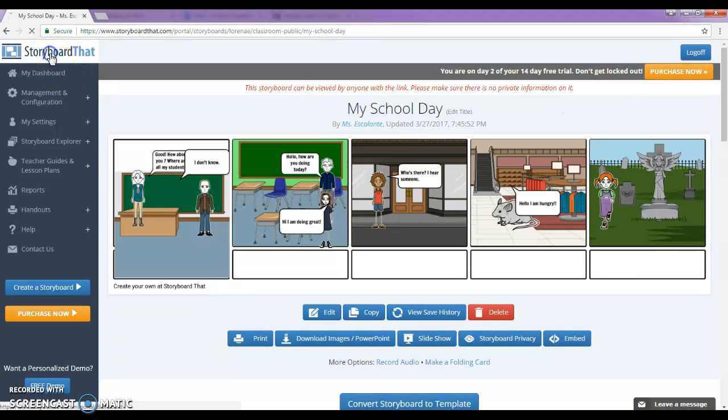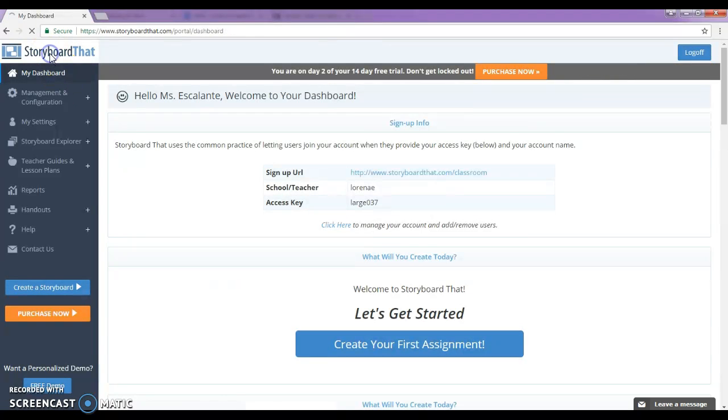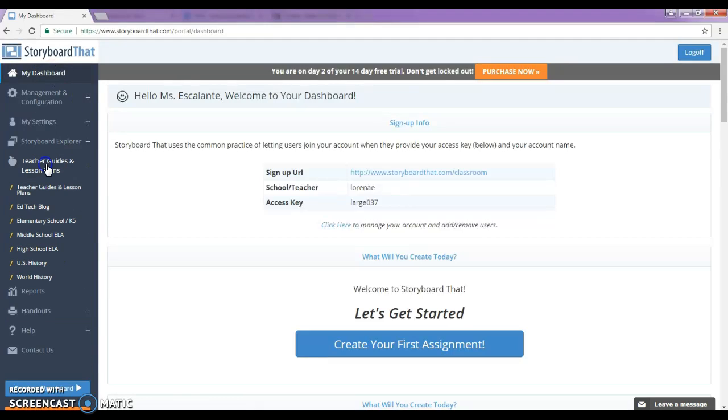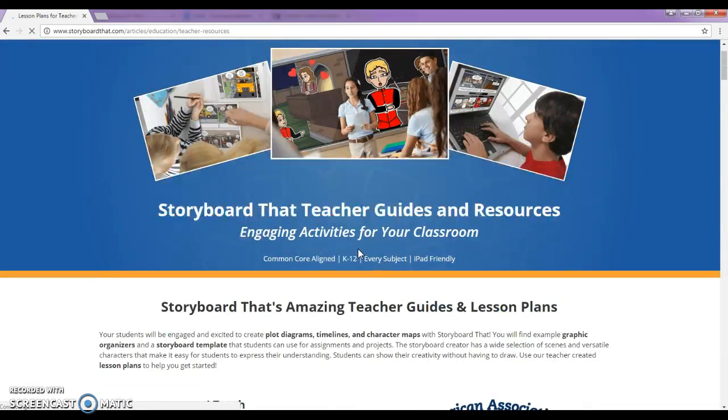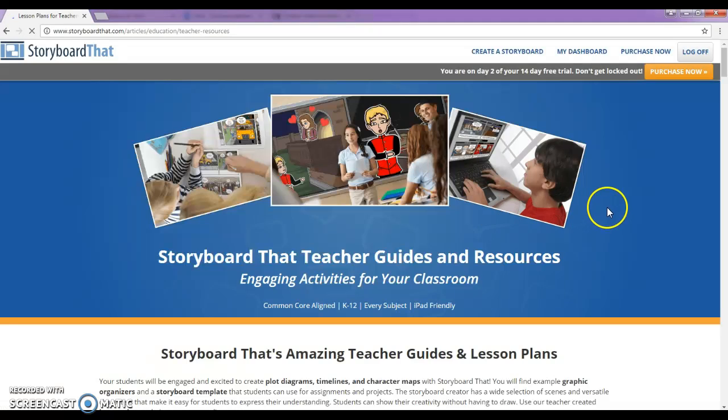So as you can see, Storyboard That has a lot of resources, a lot of options to choose from, and it is very user-friendly, and it guides you as a teacher, and it gives you many ideas on what to teach and what to assign. Your students will love this, and it would really benefit them, and it will be a fun way for them to create stories and just think of many ideas and not just get stuck with writing and having to create their own. So as you can see, this program could greatly benefit students in many different literacy areas, in comprehension